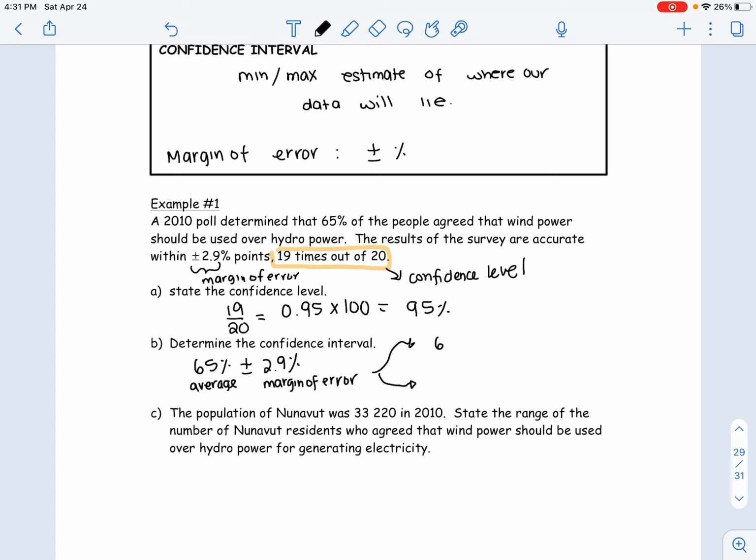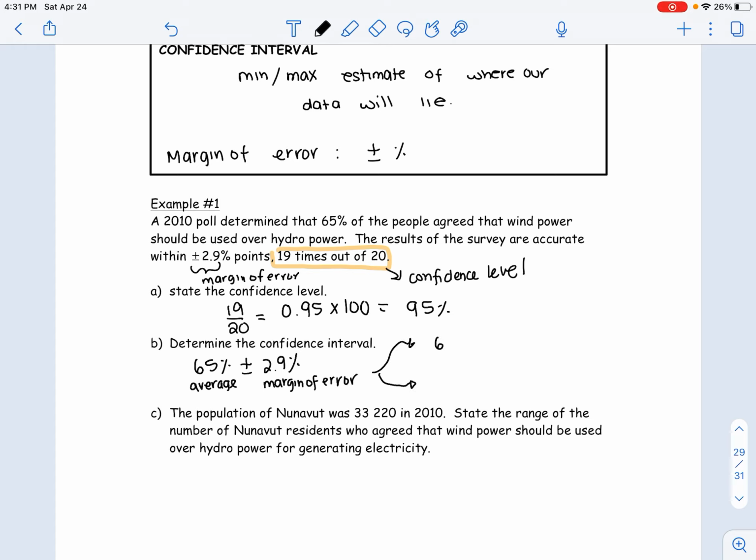That would be the interval that we're expecting our data to fall into. Now, this is where we need to apply these. We need to actually figure out how many people will fit into this level, this 65% plus minus the error. So they're telling us that the total population of Nineveh is 33,220 in 2010. State the range of numbers of people that would be expected to favor wind power over hydropower for generating electricity. So we need to take our population and find out what's the max population versus the minimum population for